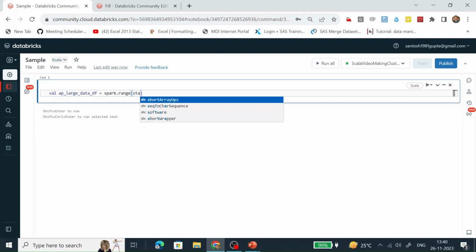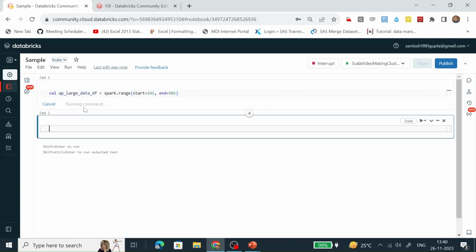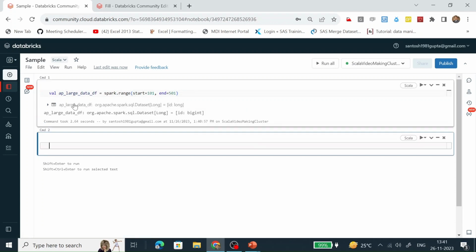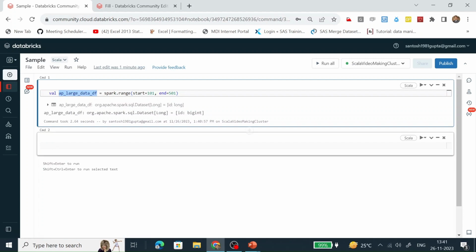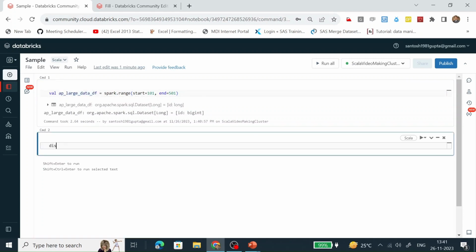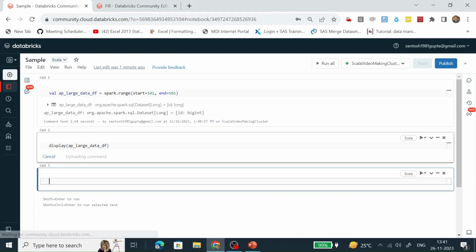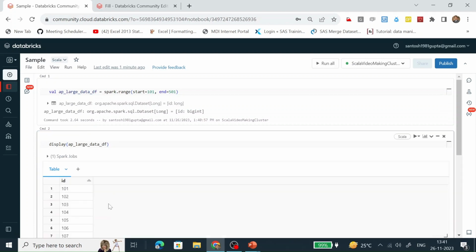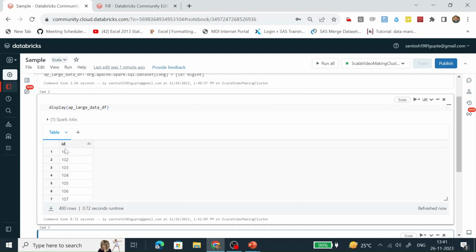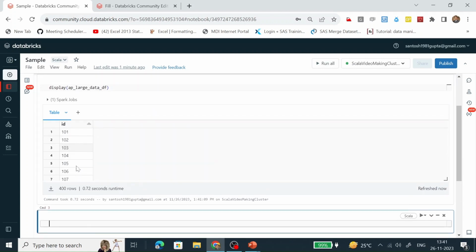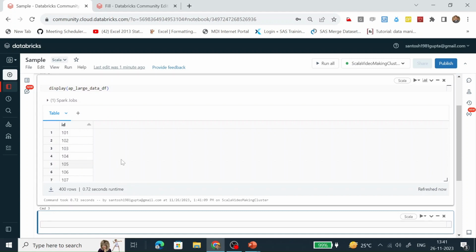Range will start from 101 and end with 501. Let's run it. This data frame gets created successfully. Let's see the content of this data frame. We can see it started from 101 and ends at 501.